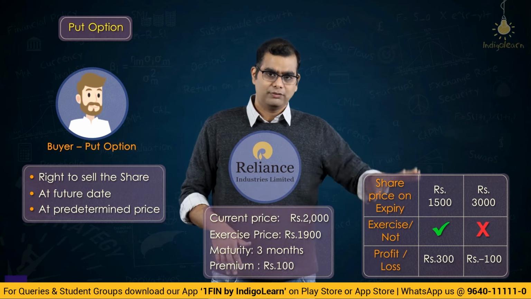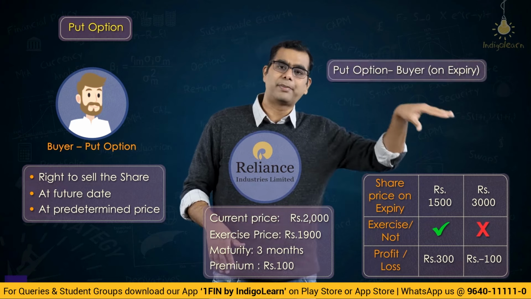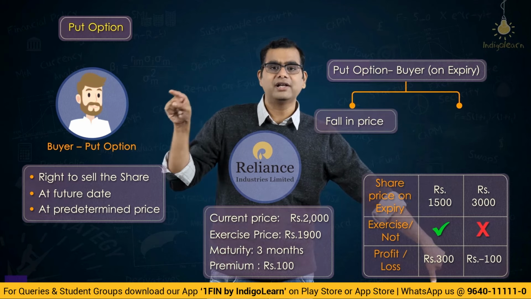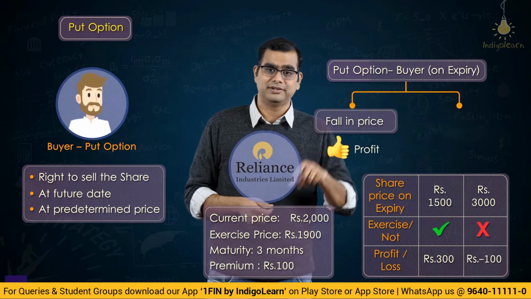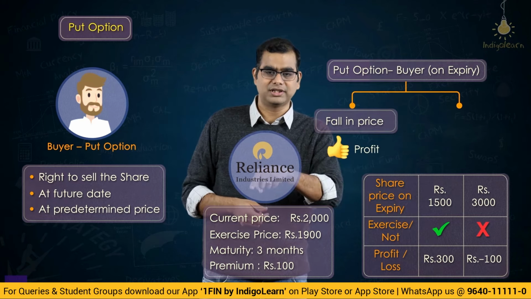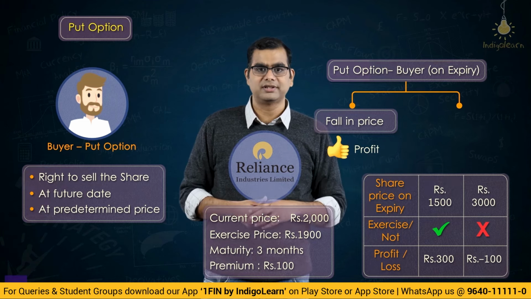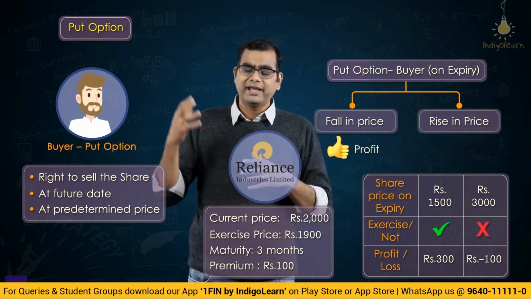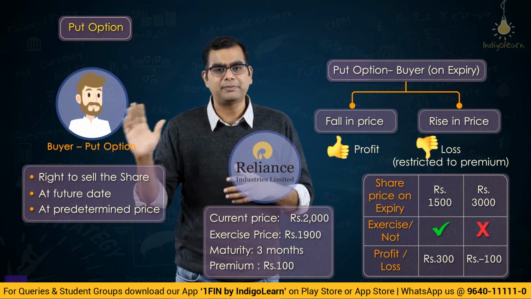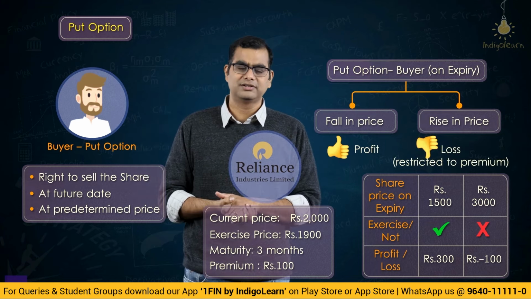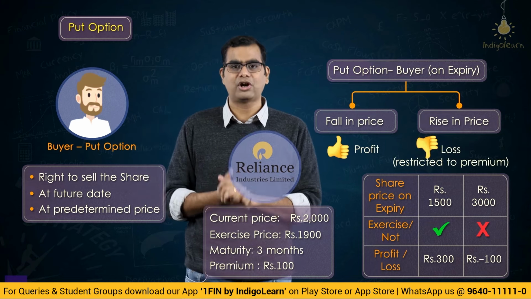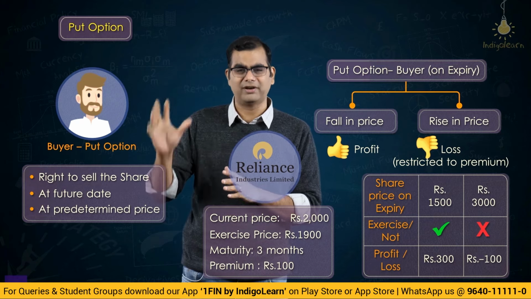Right. So, what we saw here, in a put option, if the price goes down, the buyer of the put option makes money. When it went down from 2000 to 1500, he made money, 300 rupees. When the price goes up, the buyer of the option loses the initial premium because you will not honor the contract. So, if you were to draw a payoff chart or payoff scenario, payoff diagram, whatever you call it,